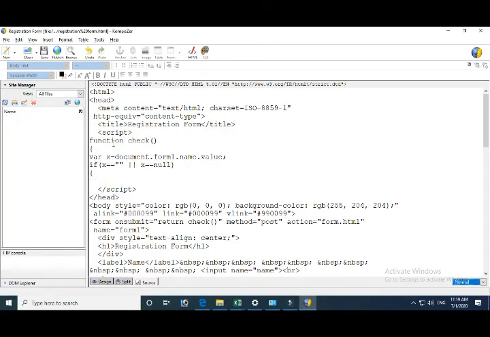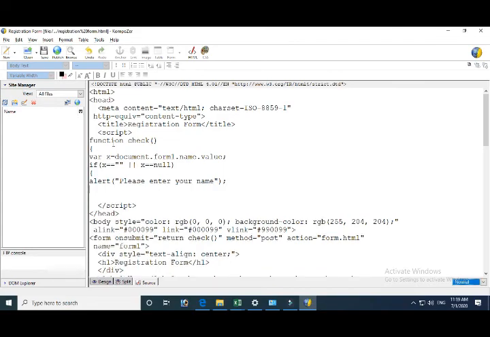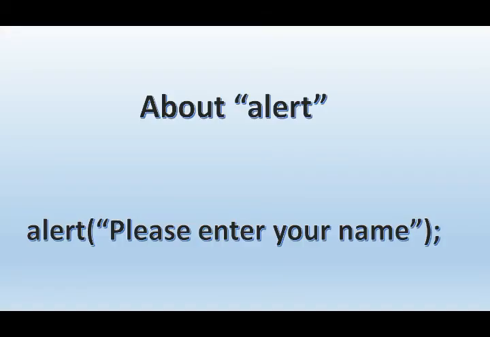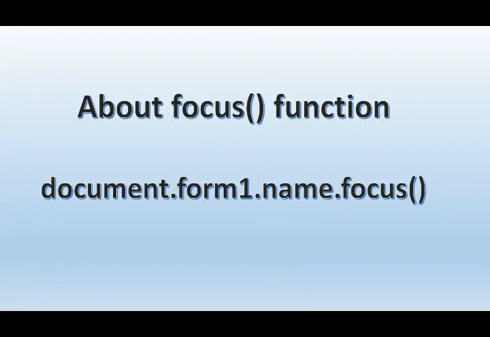The alert function initiates an alert message, the message that you have written between two double quotes in parenthesis. So here we have written please enter your name. So if the user leaves that field blank, he will get this message, please enter your name. Then in the next line we are writing document dot form1 dot name dot focus.